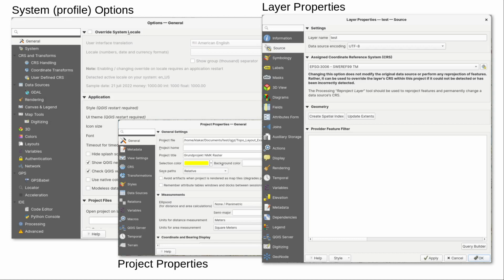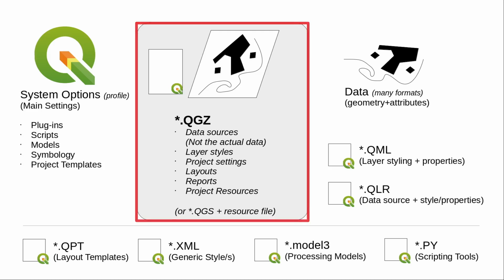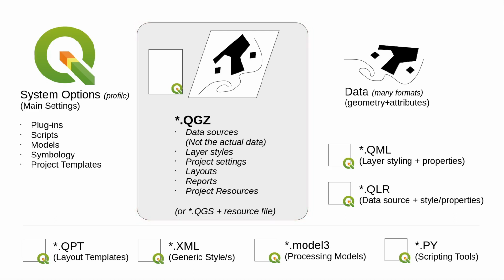We'll get back to that in the next slide. So we have system options, and that is connected to your profile. And then we have the project file itself, and this is the central part of any work in QGIS,